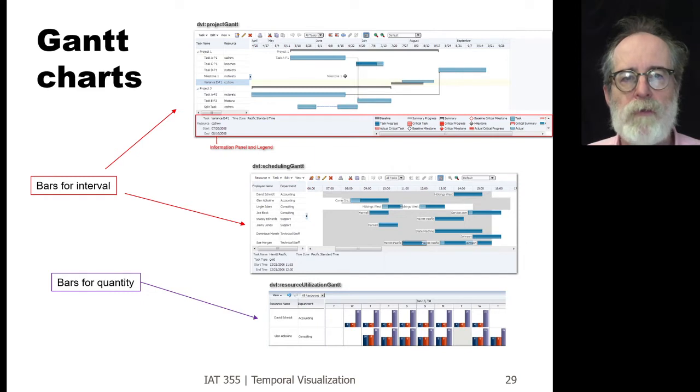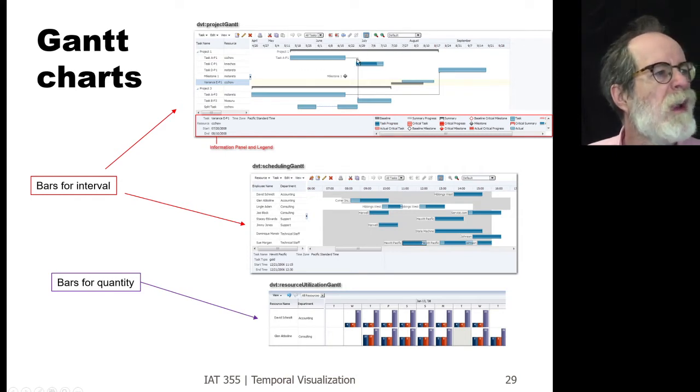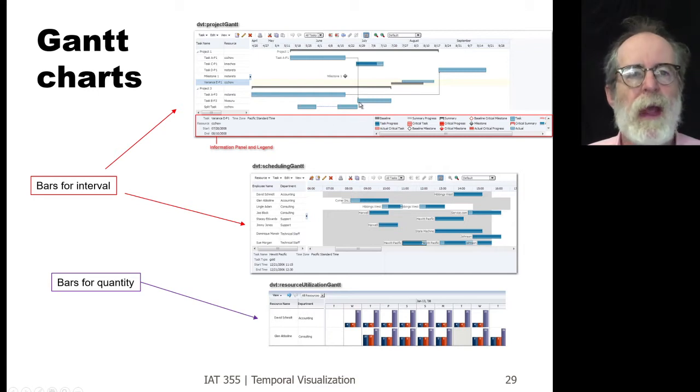So here's a Gantt charting application, and you can see this is from DVT, and you can see that here are a set of tasks. The individual people here are associated with doing those tasks in this column, the tasks listed here, and the time period of those tasks, as well as linkage that this task depends on the completion of this one, and so on and so forth. Down below, we have another visualization and